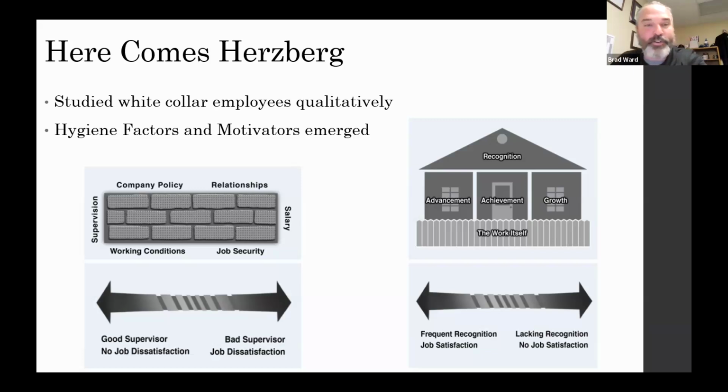Any questions on Herzberg? So again, I'm a Herzberg nut, but I also realize that this isn't foolproof, or it's not perfect. Because some of you might say relationships should be a motivator, but in general, I love this breakdown, how these are two different continuums, if you will. Any thoughts on that?